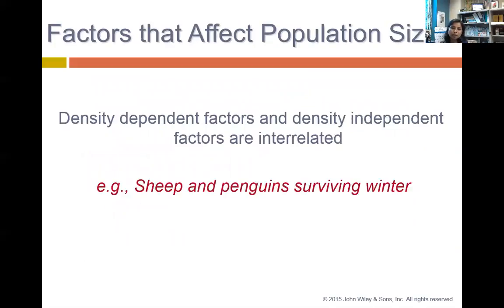But then there are also examples where density dependent and density independent factors are interrelated. So read up about how sheep and penguins survive winter. The frost, the ice, and the cold temperature are density independent factors. But if the herd of sheep is large enough, that herd can weather that changed condition much better than a small herd of sheep or a small flock of penguins. I'm not sure if flock is the correct word to use for a group of penguins, so check that one